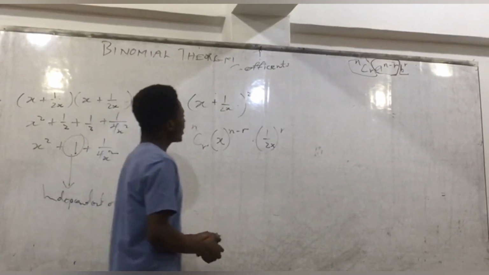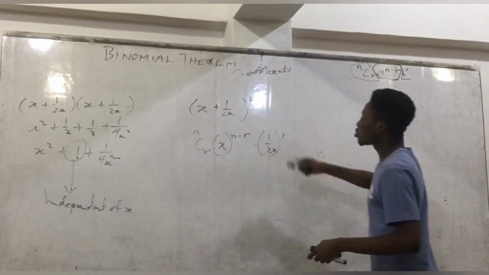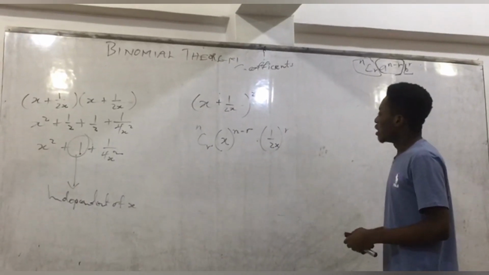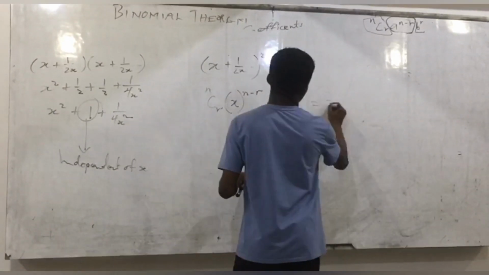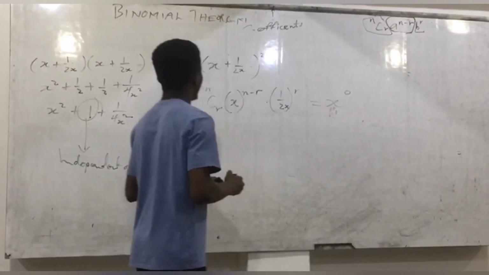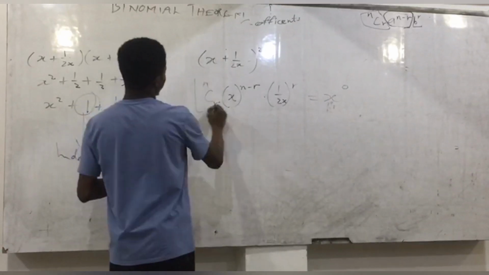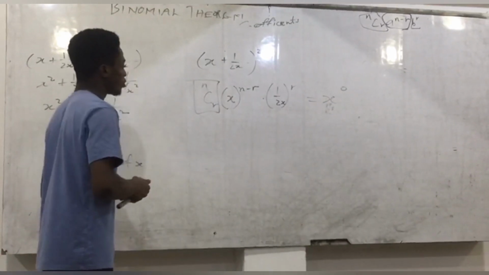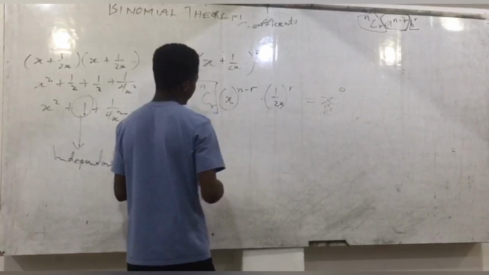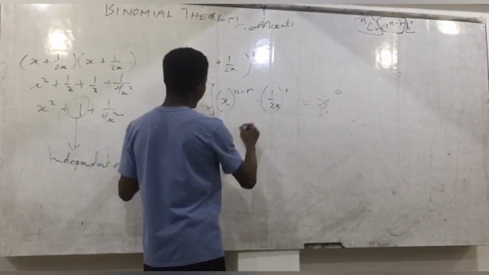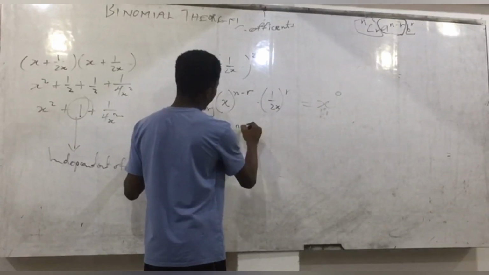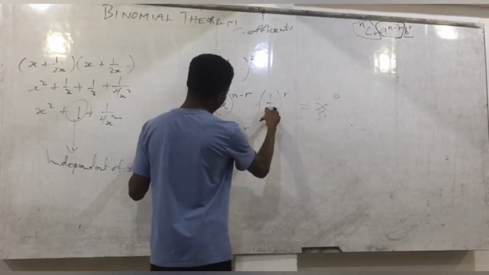And we are finding the term that is independent of x, which means that the x value should be 0. So we don't need the combination. So we take the combination out. Then we'll be using the x's. That's what we are interested in. So from here we can say x to the power n minus r. Then this side we can see